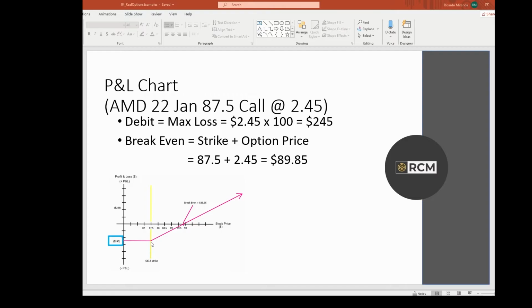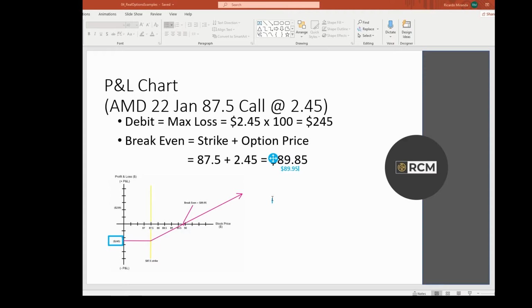So the break-even price is the strike plus the 245 that you're paying as a debit for the option. That gives you 89, excuse me, this should say 89.95. Now that we have the price of the option, 245, the strike price, which is the graph's inflection point,